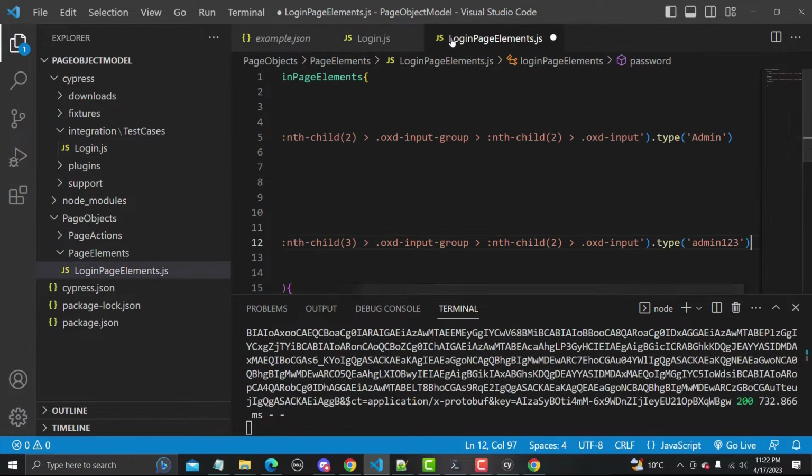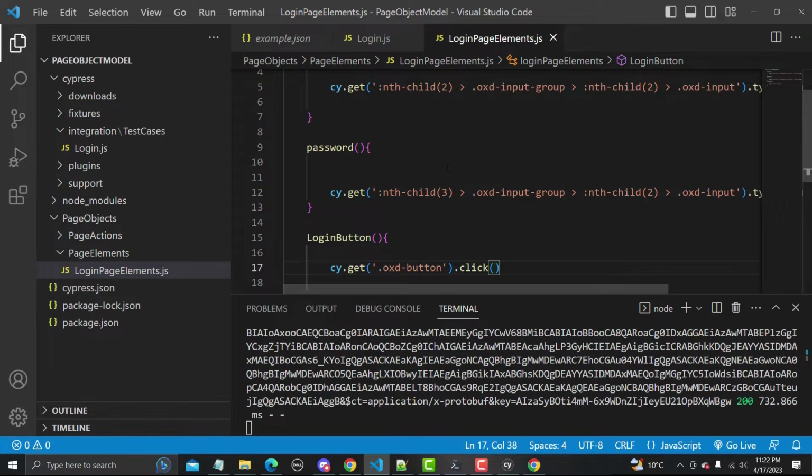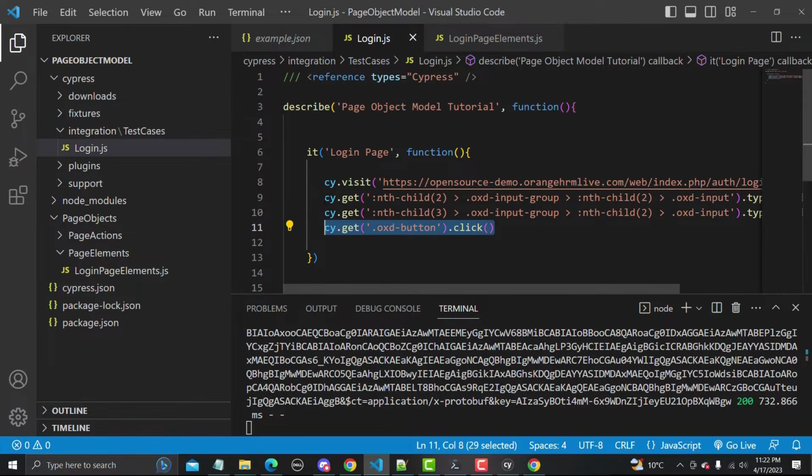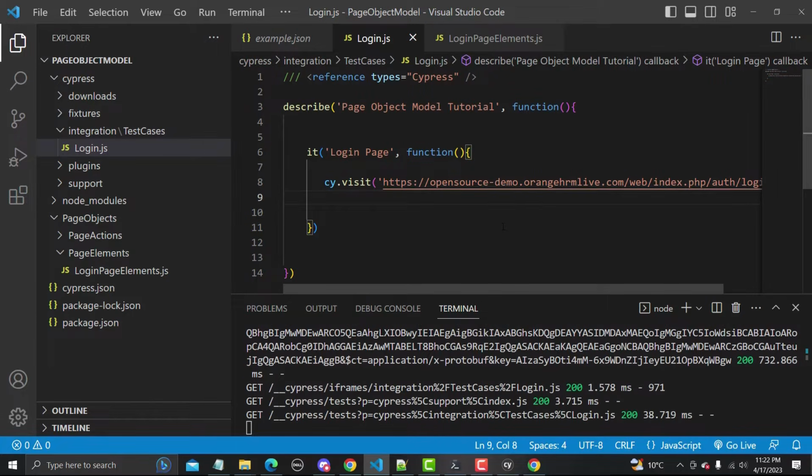So let me copy this one and paste it here. Let me save this file, and now from here I will simply remove these things as of now, and let me save this one. This is the first thing we need to do.